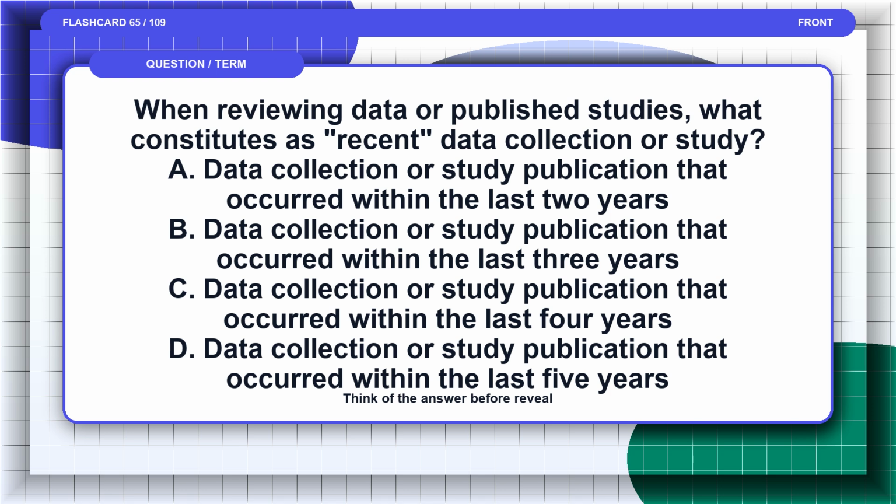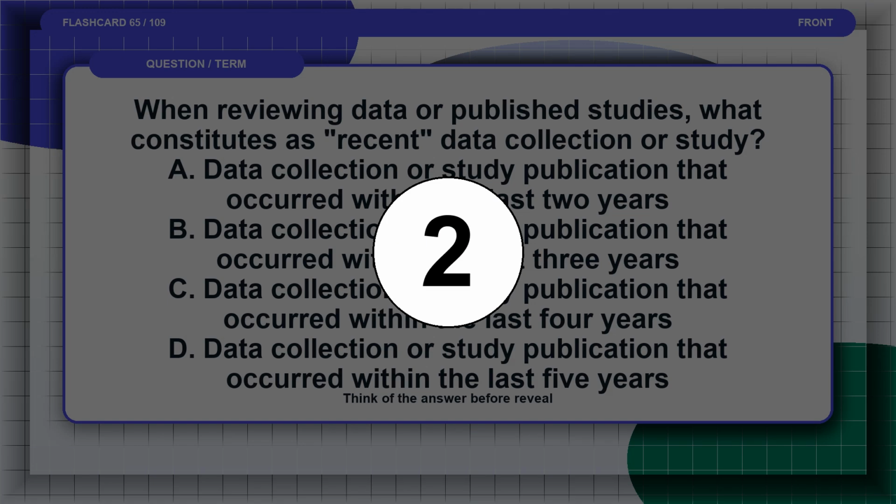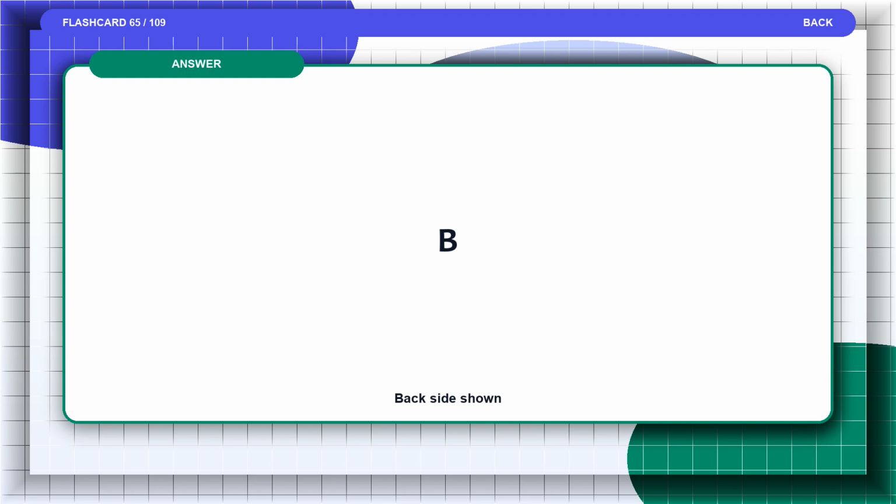A. Data collection or study publication that occurred within the last 2 years. B. Data collection or study publication that occurred within the last 3 years. C. Data collection or study publication that occurred within the last 4 years. D. Data collection or study publication that occurred within the last 5 years. Pause and think of the answer before the reveal. The answer is